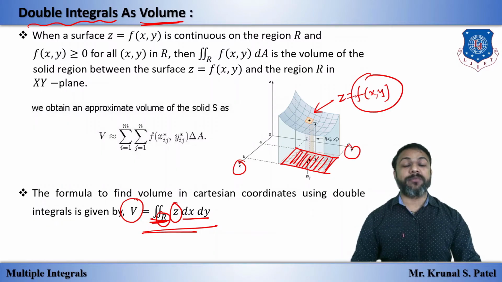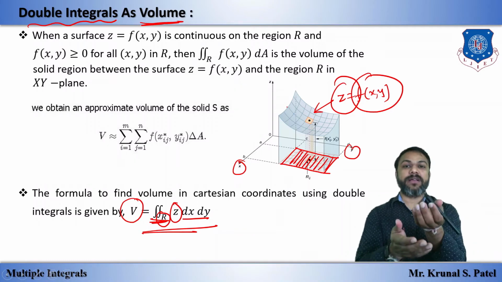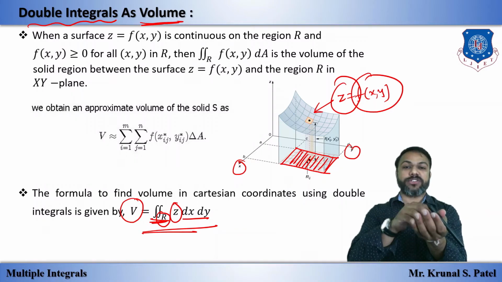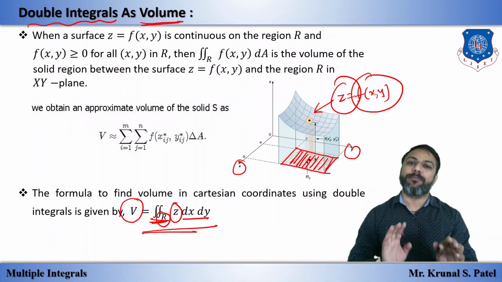Now this projection may change. It may be a rectangle or a circle or any curve in 2D, because that depends on this z. Okay, what is this z over here, and what is the projection of this z in the xy plane?